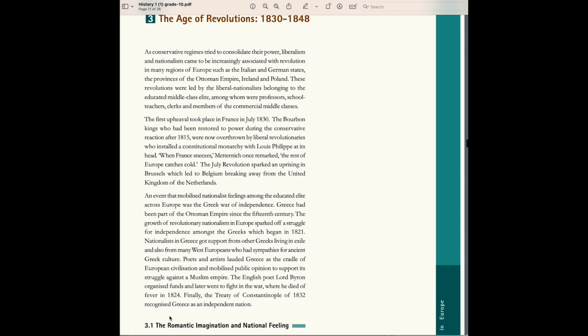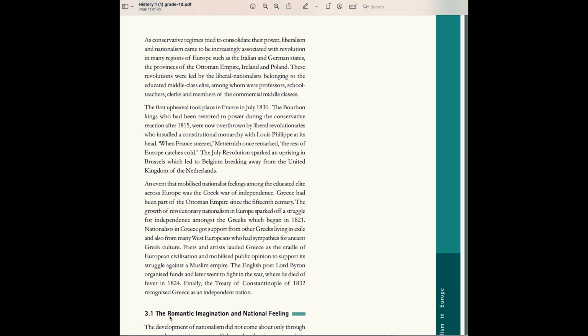An event that mobilized nationalist feelings among the educated elite across Europe was the Greek War of Independence. Greece had been part of the Ottoman Empire since the 15th century. The growth of revolutionary nationalism in Europe sparked off a struggle for independence amongst the Greeks, which began in 1821. Nationalists in Greece got support from other Greeks living in exile and also from many West Europeans who had sympathies